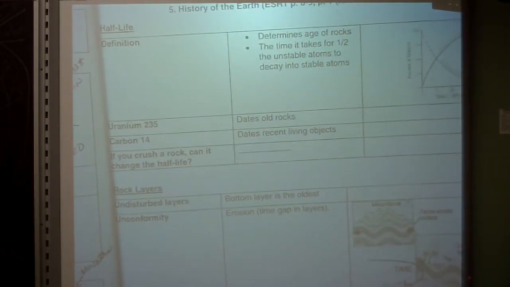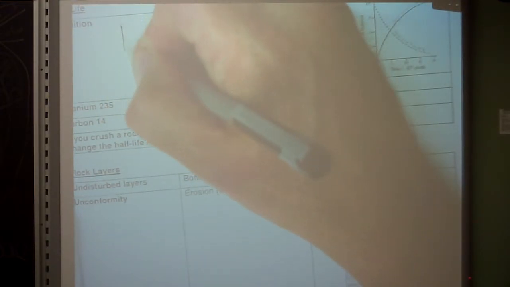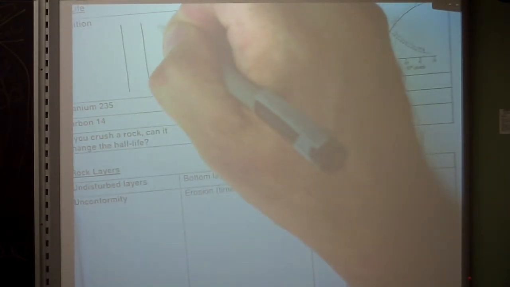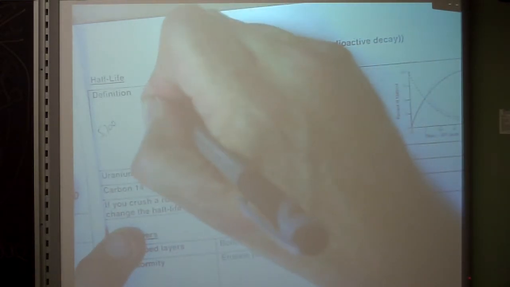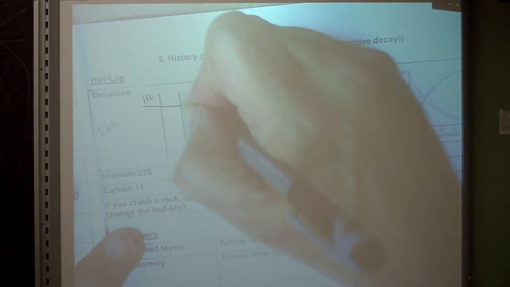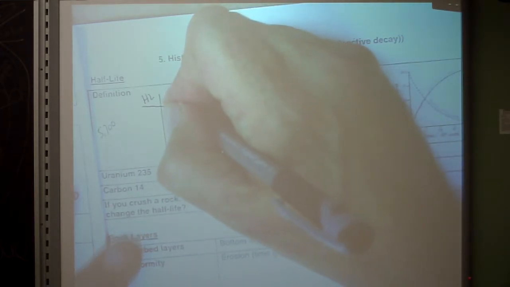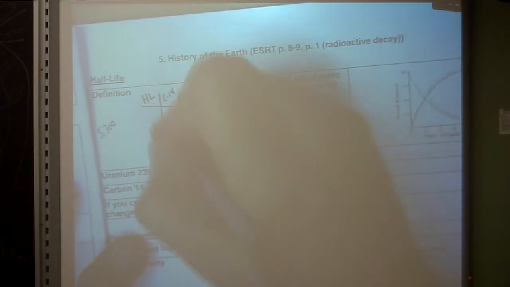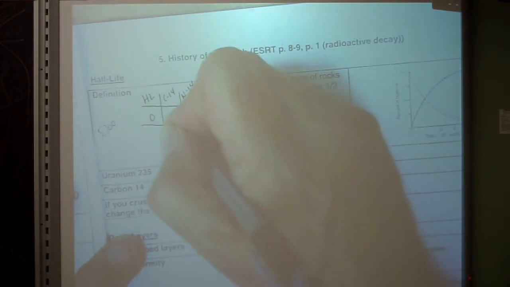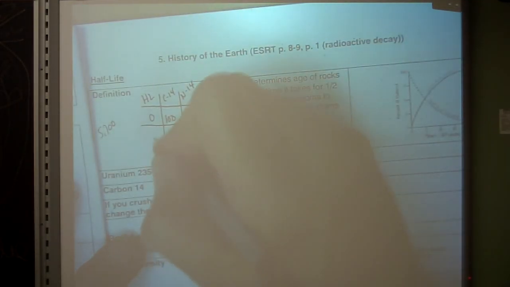All right, so how does half-life work? Well, if you have a half-life problem, you probably want to set up a chart that looks something like this. I'll use carbon-14 as an example, which has a half-life of 5,700 years. I set up a half-life chart. It goes like this: half-life, and then I put my number of years here, and I put my carbon-14 over here, and carbon-14 changes into nitrogen-14. And I start with 0. At 0, I have 100% carbon-14 and 0 years. So after one half-life has happened,